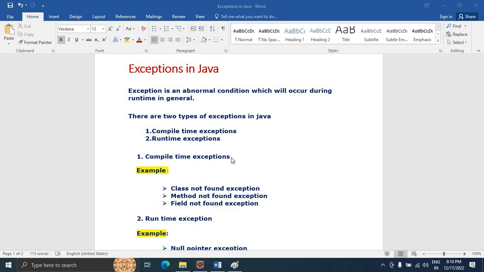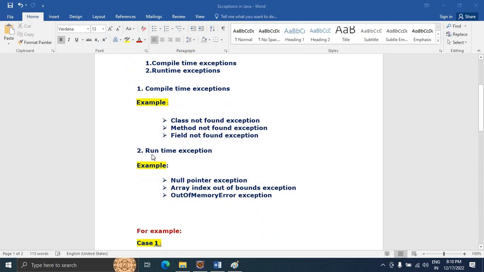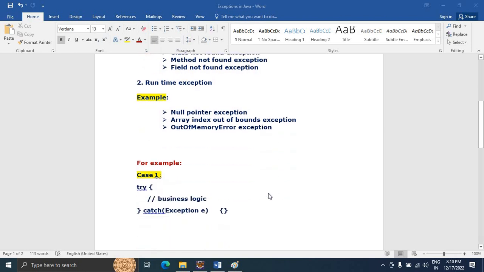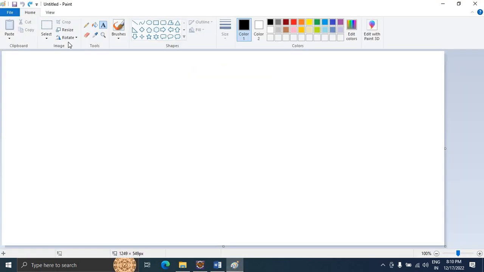Compile time exceptions occur during the compilation of the program. The best examples for compile time exceptions are class not found exception, method not found exception, field not found exception. And runtime exceptions occur during runtime of the program. The best examples for runtime exceptions are null pointer exception, array index out of bounds exception, and out of memory error. Okay, and coming to this, I will show you a block diagram